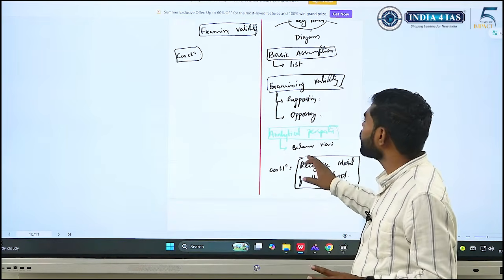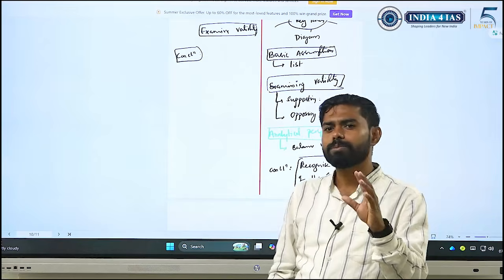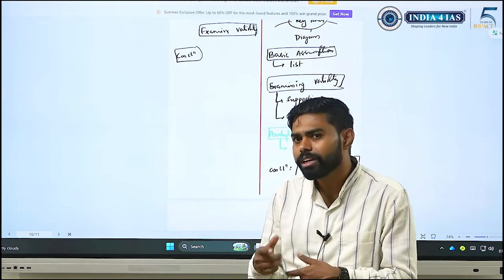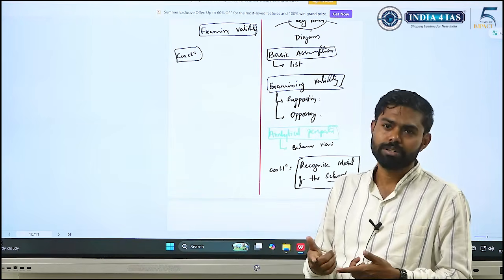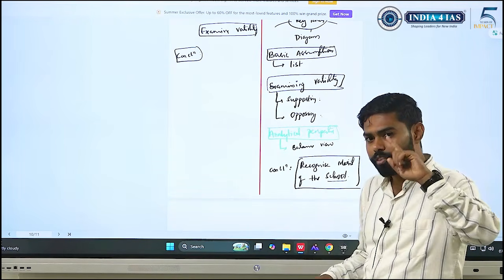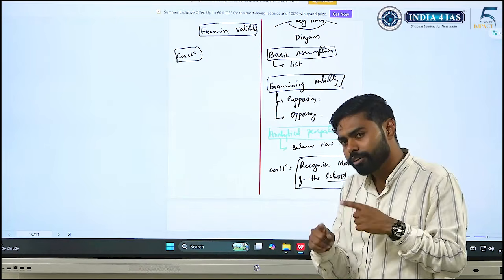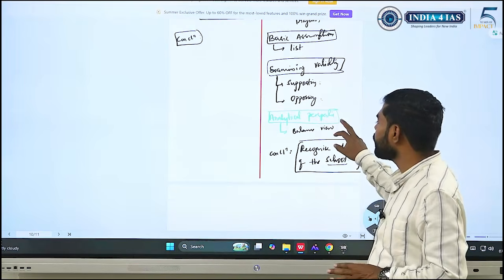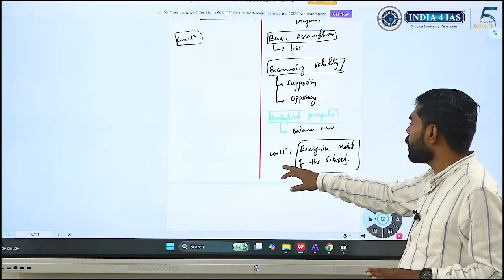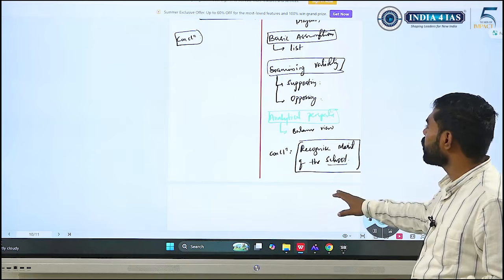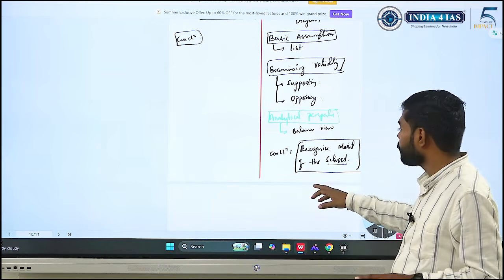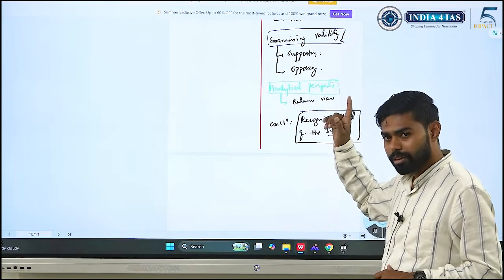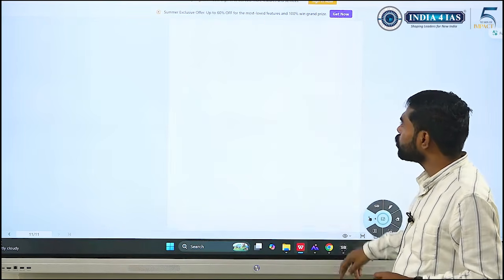Analytical perspective, I'm taking a balanced view. What is the balanced view? Yes, some aspects are not valid today, but some aspects are valid, and that's why they are carried forward by neo-evolutionism. So like I discussed in my first day's classical evolution question, we should link the current theories to future or other theories. So we can link here to neo-evolutionism. And what is the conclusion? Recognize merit of the school, and we can link it to postmodernism as well. Recognizing the merit of the school, like I discussed in my first day's classical evolution questions. Okay, so that's what should be the approach.